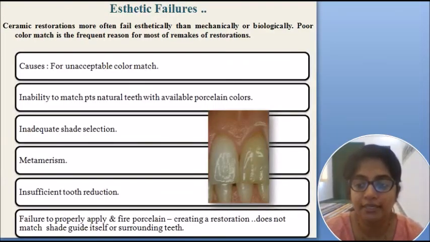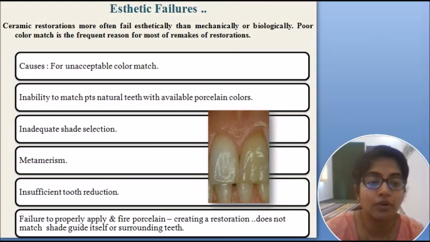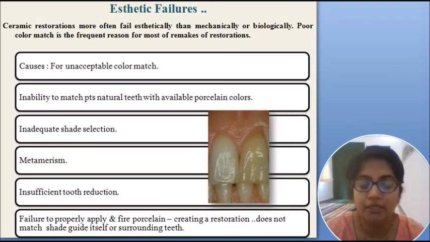Now coming to the aesthetic failures. Aesthetic failures of ceramic restoration often are due to poor color match, and that is the one factor which cannot be corrected, and the entire prosthesis has to be remade. The causes for unacceptable color match can be many, like inability to match the patient's natural teeth with available porcelain colors, inadequate shade selection, metamerism, insufficient tooth reduction,